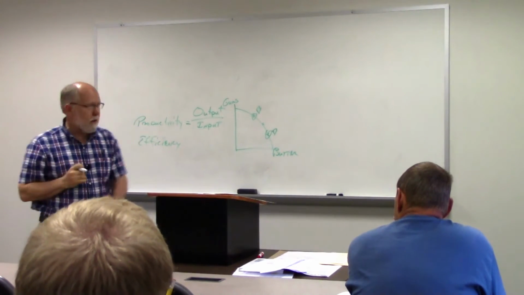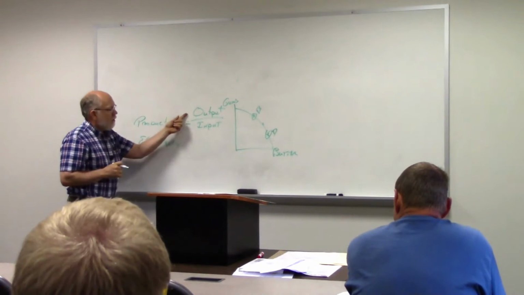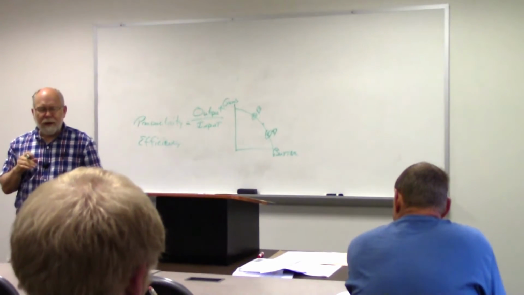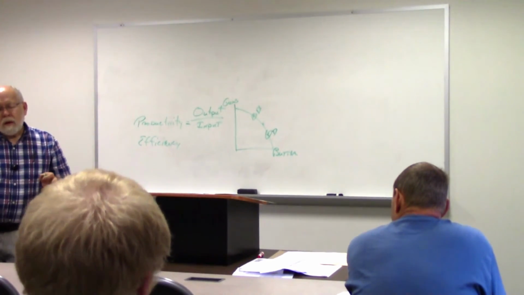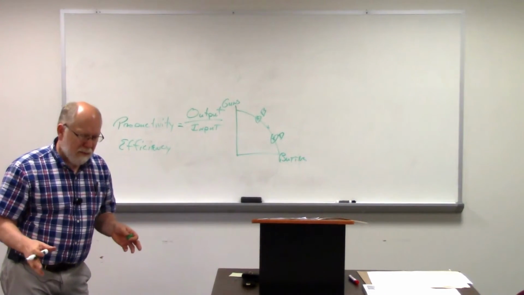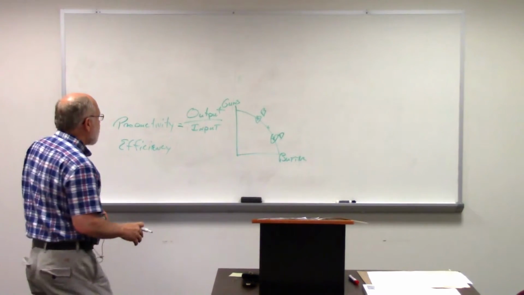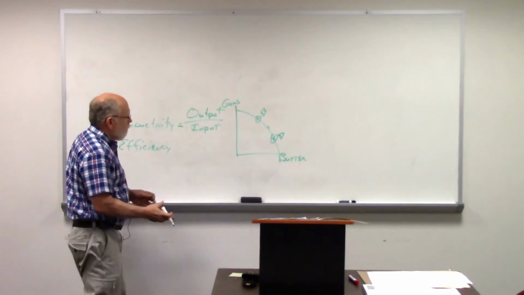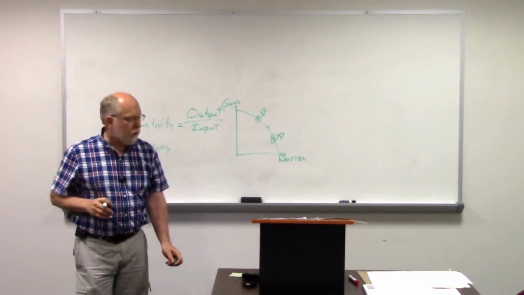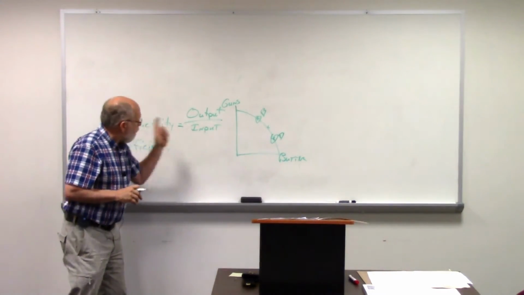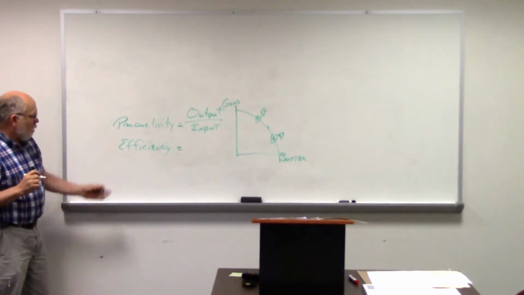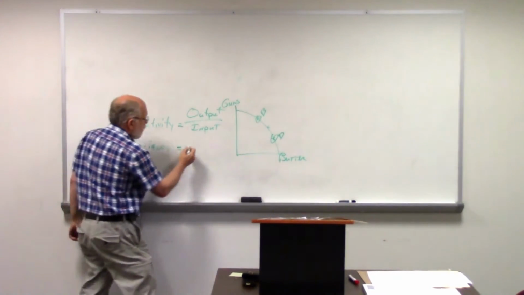Well, you got to know the formula. The formula is output divided by input. Remember, in an earlier lecture, we talked about growing grass for golf courses. And so if we're in that landscaping business and we do lawn mowing, we would say, well, the output would be how many acres are mowed versus how much resources we used. But before we go there, or finish that, you need to know the definition or the equation for efficiency, which is